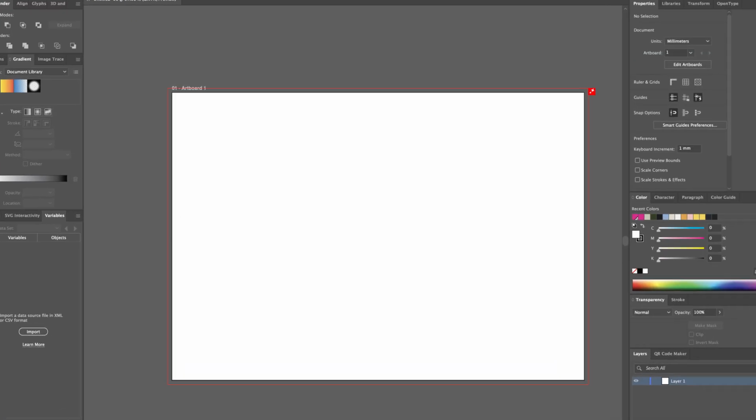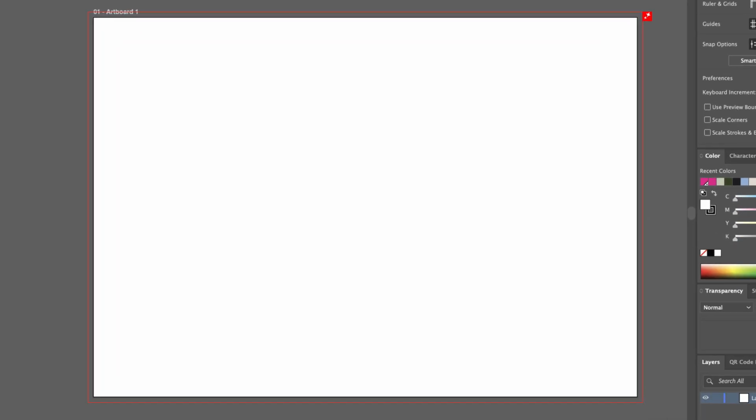Once you have created your document with the 3 millimeter bleed, you will see a red outline outside of your blank canvas. If you can't see it, you can use the shortcut Command plus semicolon, or Control plus semicolon if you are on Windows. Now that you can see the red outline, it's time for you to get busy creating